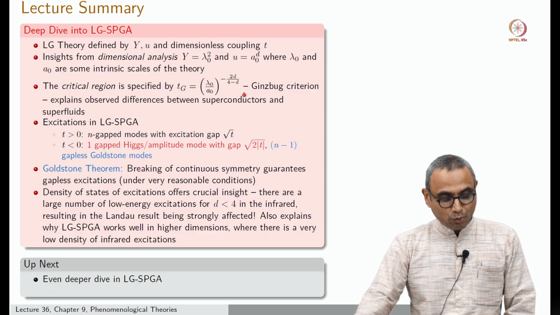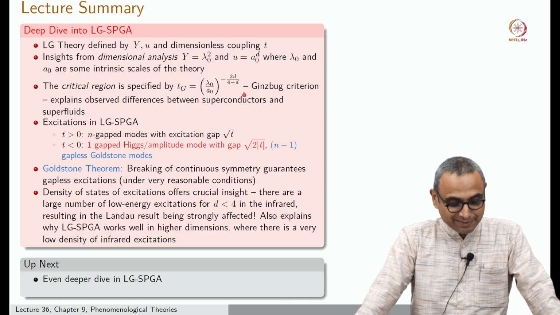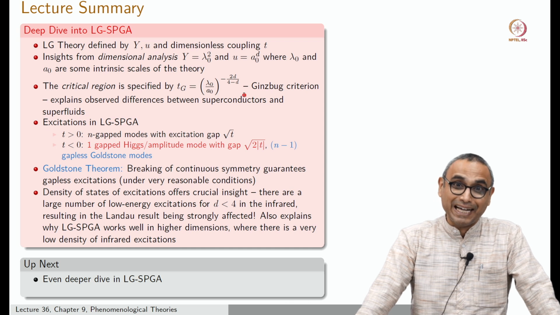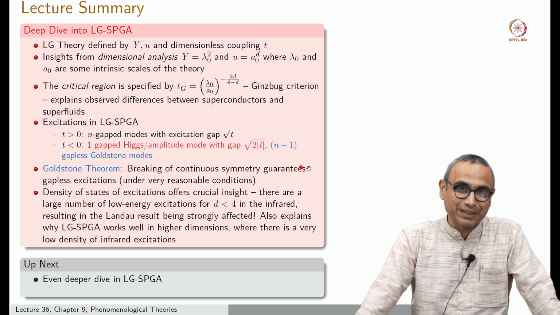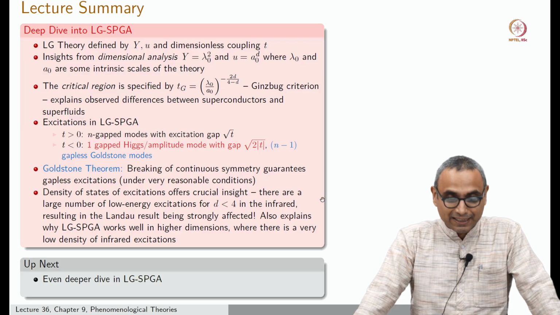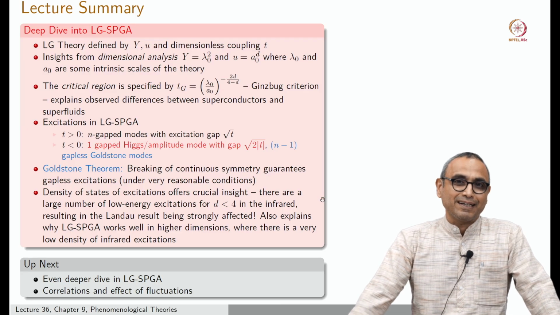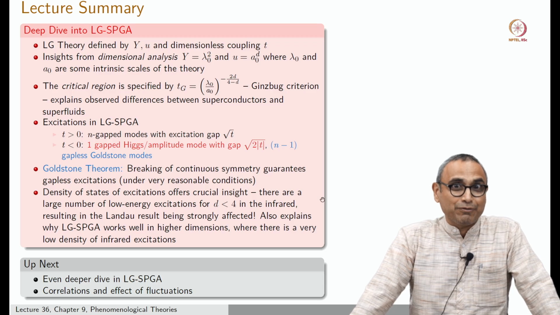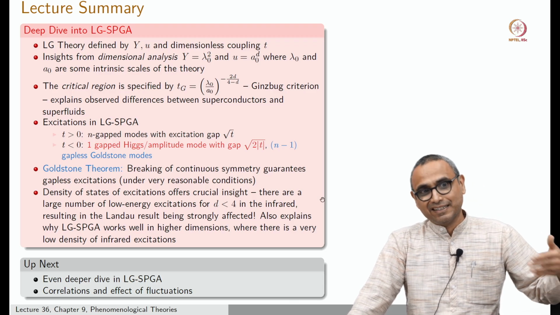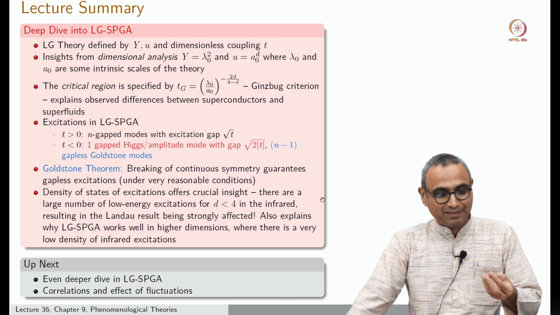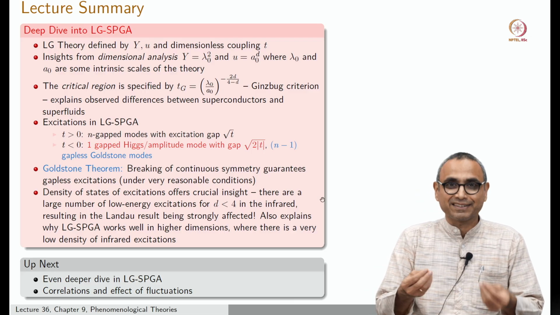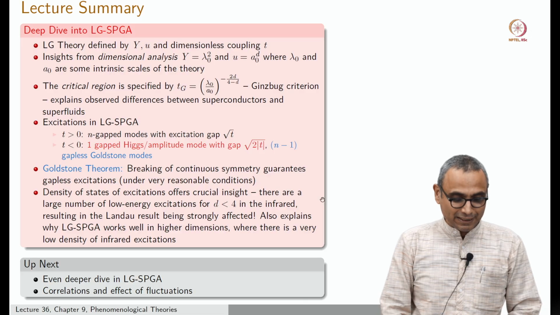Alright. So, what is it that we have to do next? I am going to claim that we have to dive deeper into the Landau-Ginzburg theory, so we will discover more things there. In particular, we have to study the correlations, like for example, how correlated are the fluctuations of the fields and so on.